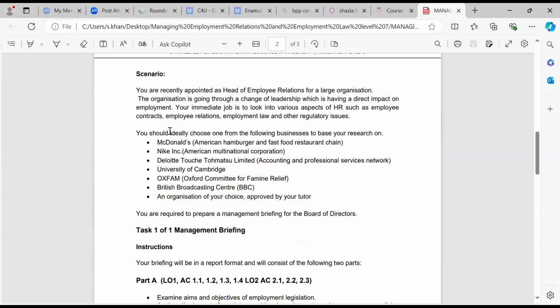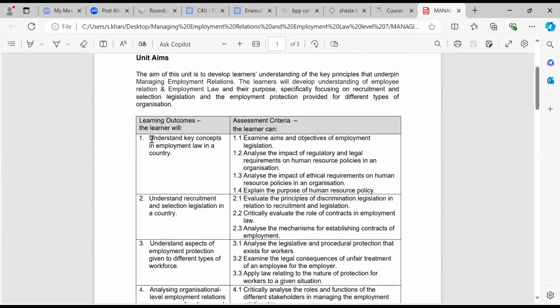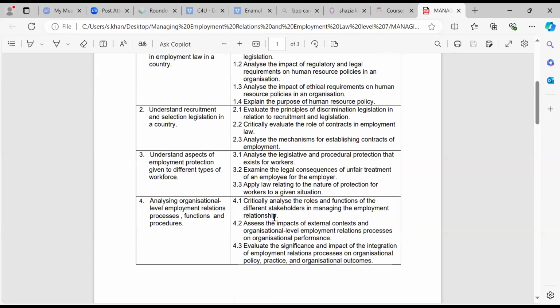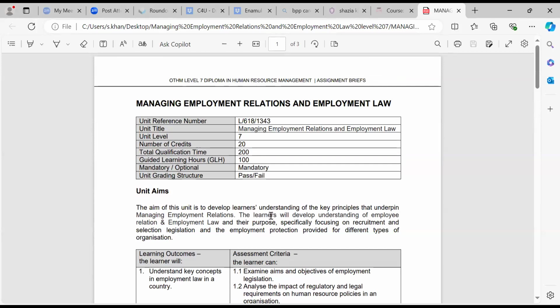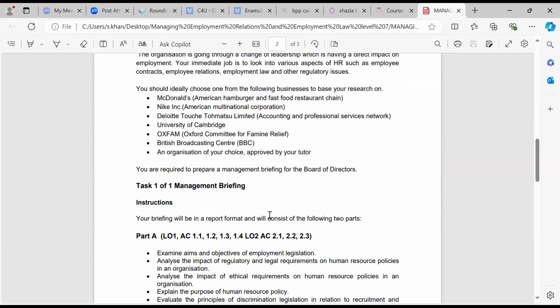Also, make sure that you are reading what the assignment is asking you. So, looking at the business research, and make sure you are following the learning outcomes here. Each learning outcome has the element which you need to answer. So each one is what you're answering to answer the questions below your part A, part B of task 1. Okay, so make sure you are referring to the Moodle VLE.